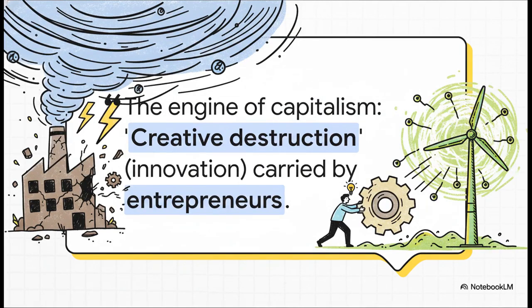And then you've got Joseph Schumpeter, who saw capitalism as this constant wild storm. He called its engine creative destruction. And what that is, is this relentless process where new ideas and new innovations, driven by gutsy entrepreneurs, are constantly destroying old industries and old ways of doing things to make way for the new. For Schumpeter, this messy, chaotic, churning process was the true secret to capitalism's incredible power.